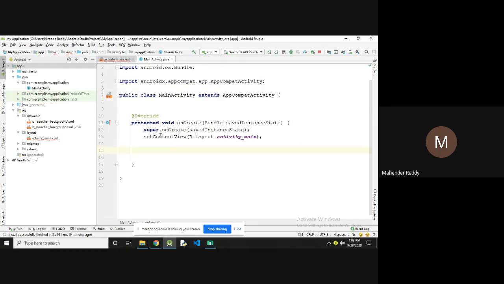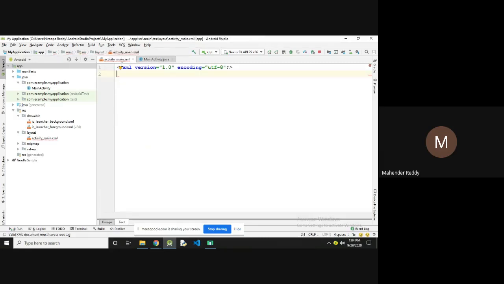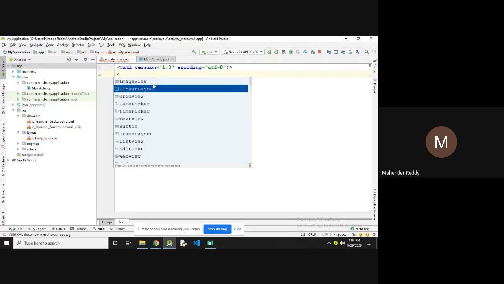So here I already created a simple project. In the activity_main.xml, previously it was a constraint layout. I deleted this layout, and I'm going to create the grid view here.